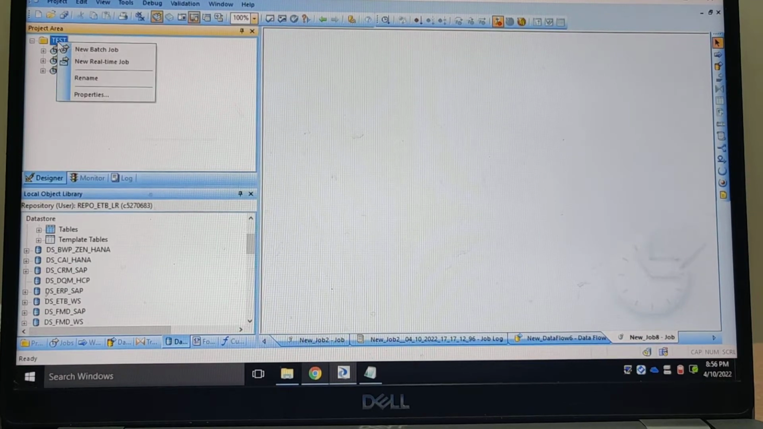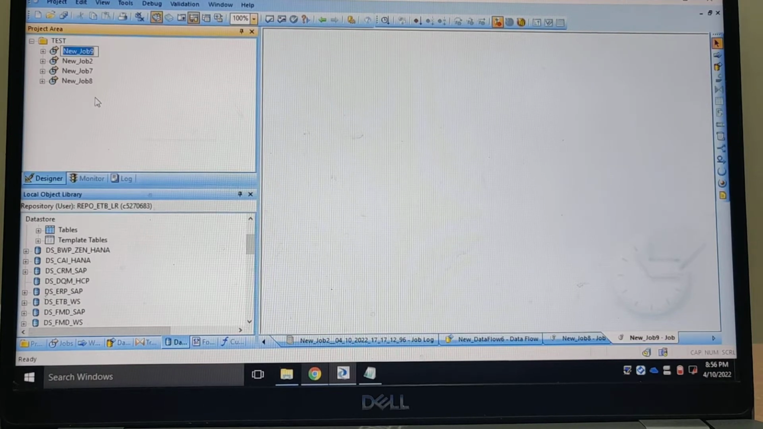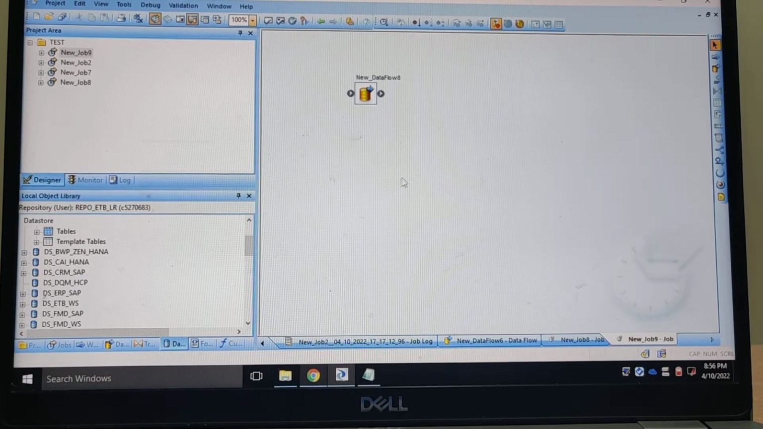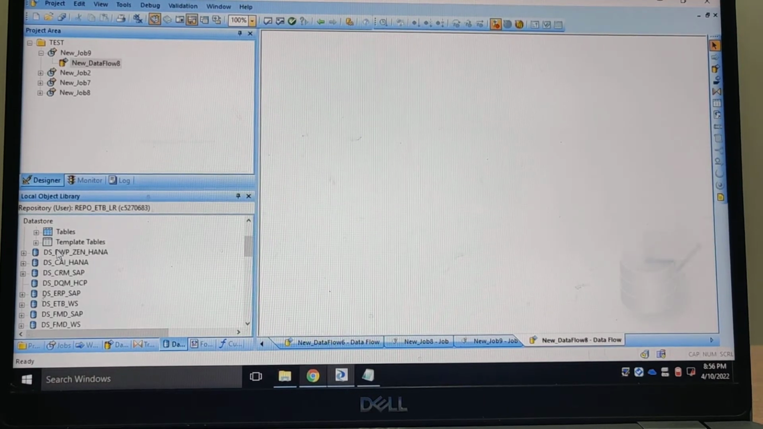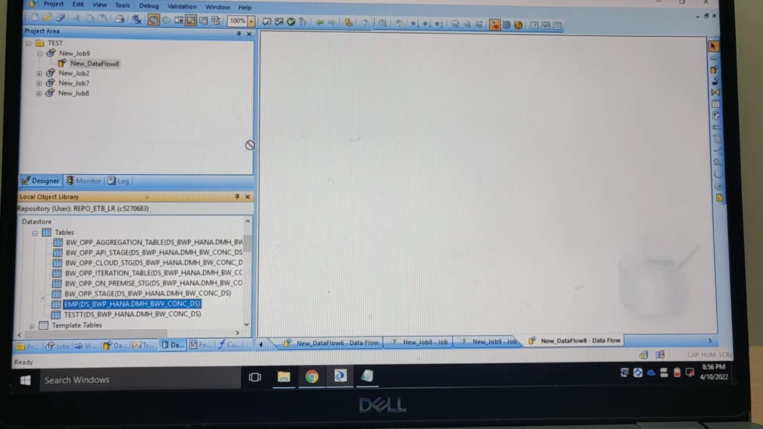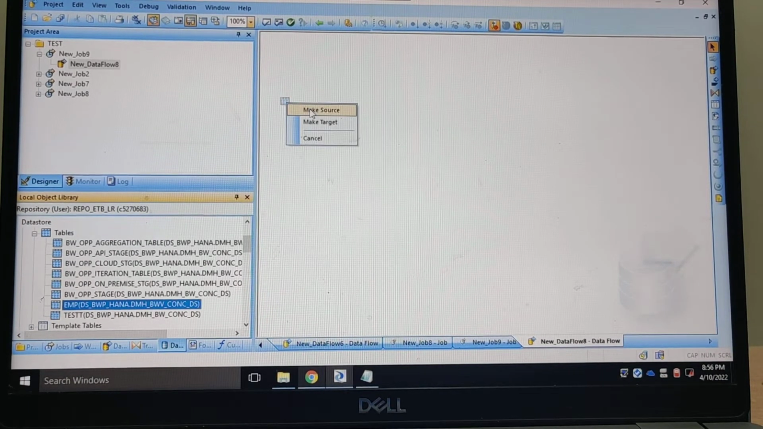So this is a project. We'll have a new job. Let it be job 9. We'll take a data flow. We don't bother to change the name, so we'll get inside. We need a table for that, so I have a template in the name emp. We make it as a source,